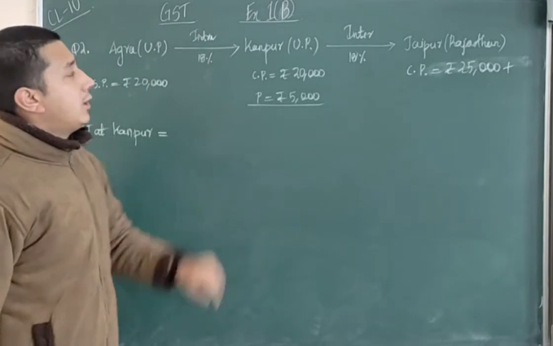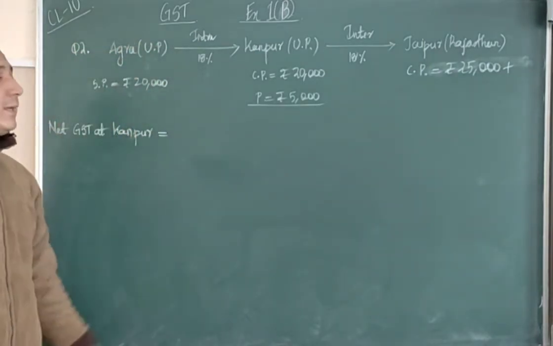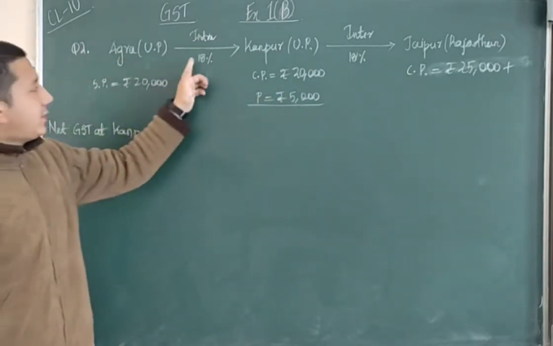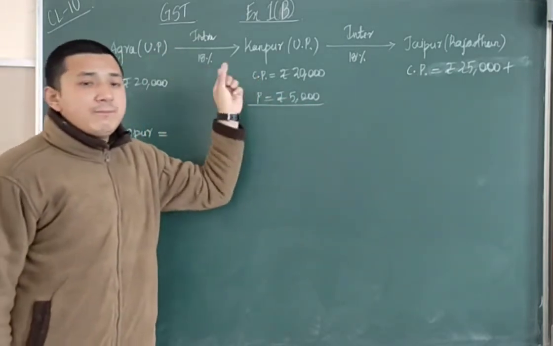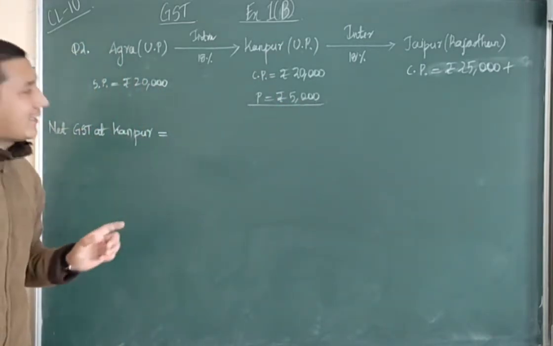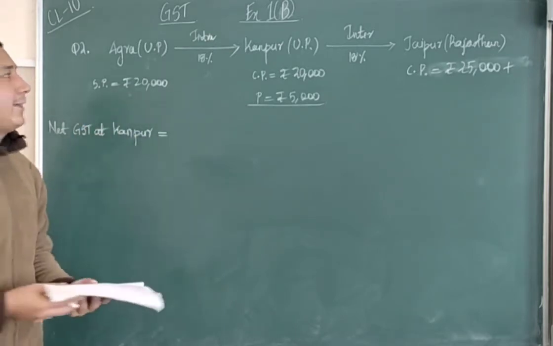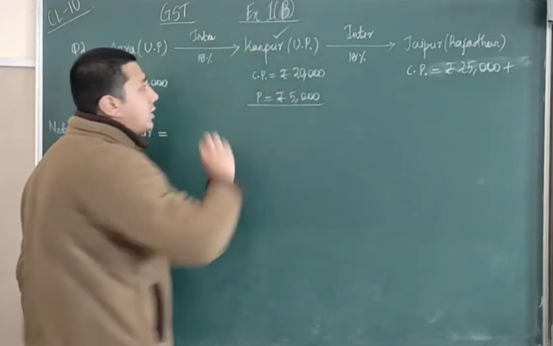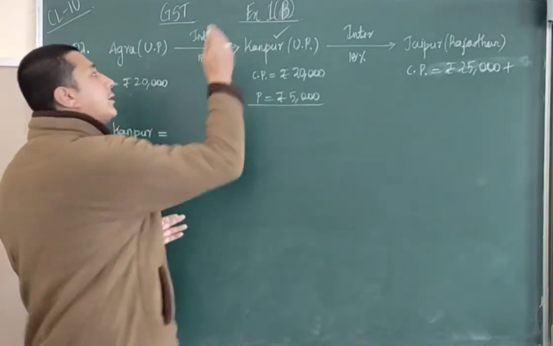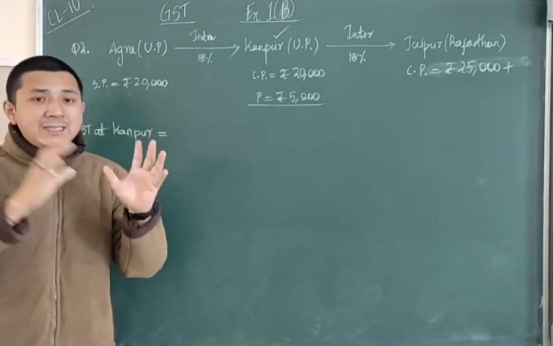Am I clear? If the rate of GST is 18% and profit made on Kanpur is 5,000, then you're asked to find the net GST. Net GST paid by the dealer B at Kanpur. I need to find the net GST. Now, net GST paid at Kanpur. Okay, this I need to find. Wherever we see now net GST,